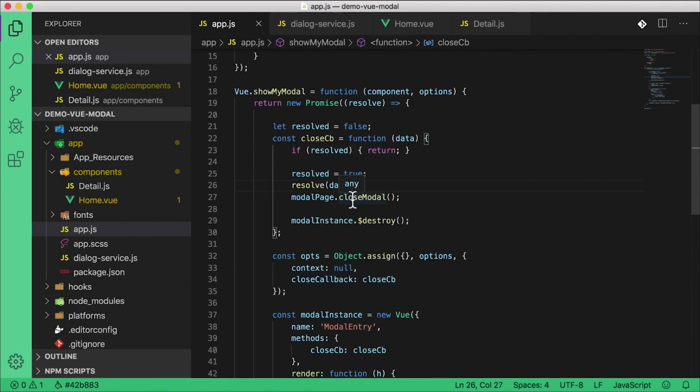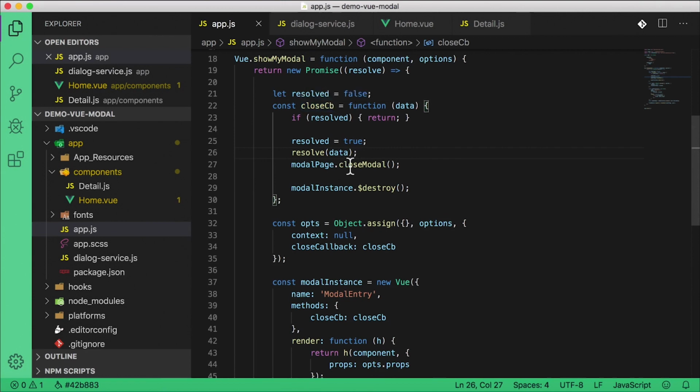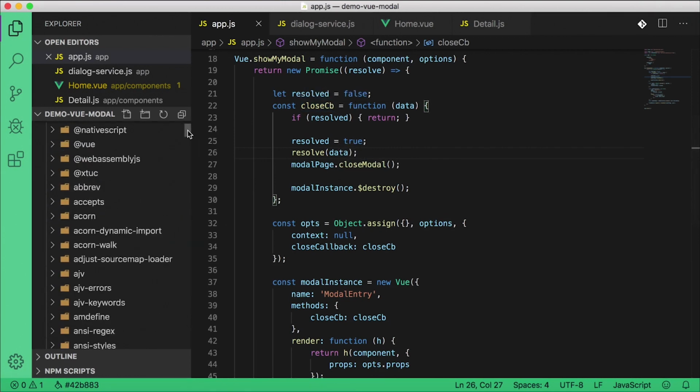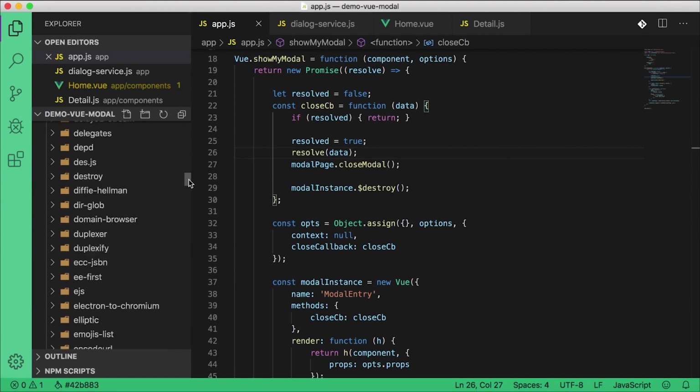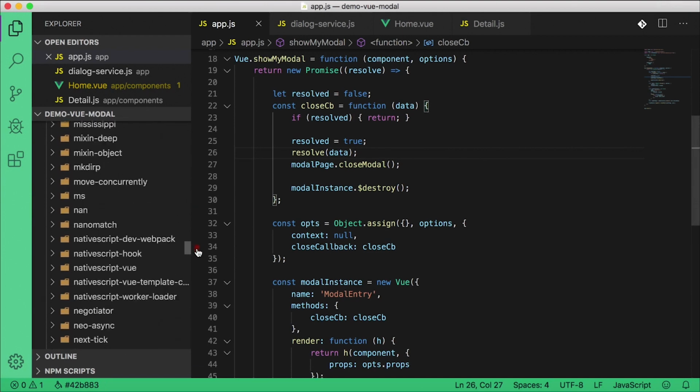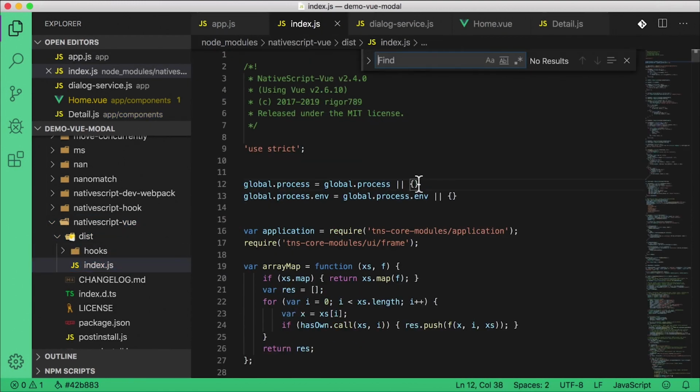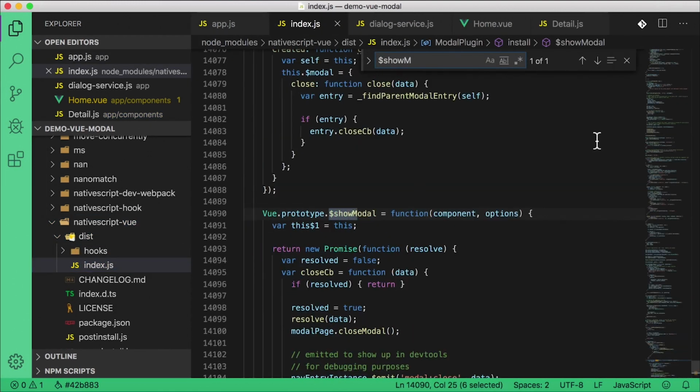This is crazy. Well, my friends, sometimes you just need to look at the source code. If you take a look at node modules and then the NativeScript Vue package, so I'm going to scroll down here all the way to NativeScript Vue. Let's take a look at dist index, and I'm going to search for the show modal function right here, which